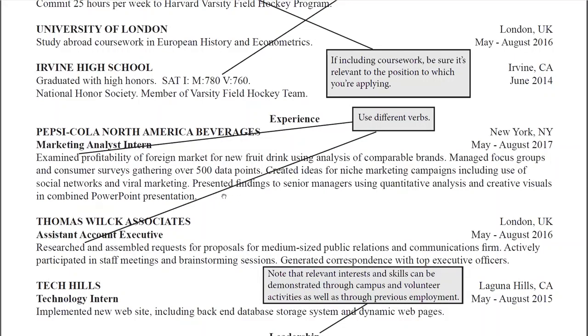So these are the action verbs that the developer of the CV is using, and make sure that you use them very carefully. I'm going to show you a list in which you can see what sort of verbs you can use for a variety of actions. Secondly, you can write this in two ways. First is bullet form. That's also okay. So for example, examined profitability on one line, and then managed focus groups on the next line, and then created ideas on the third line.